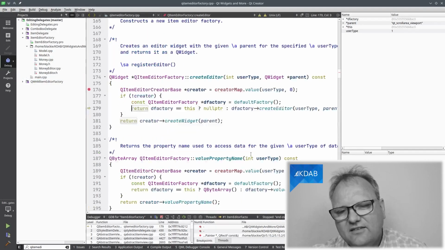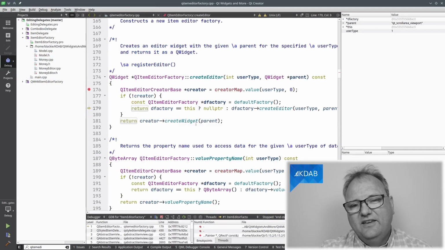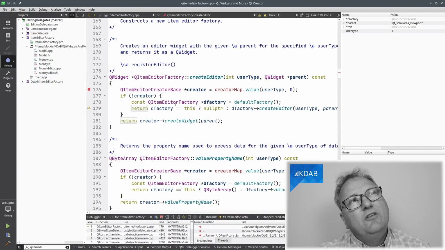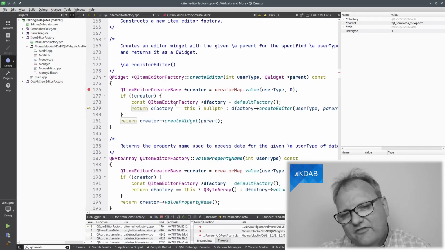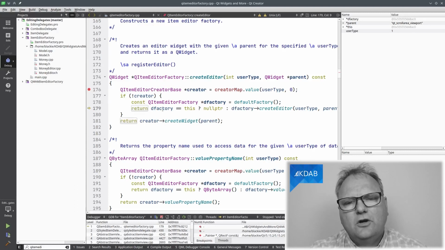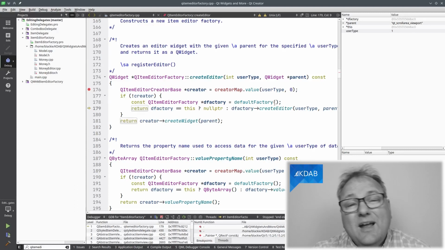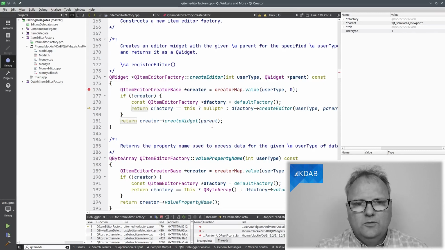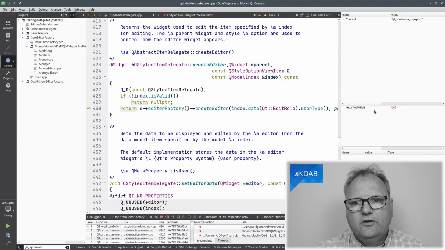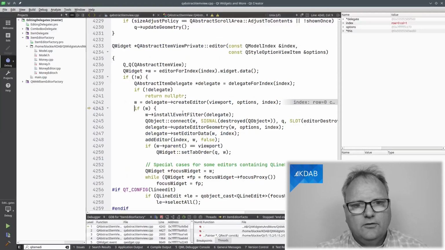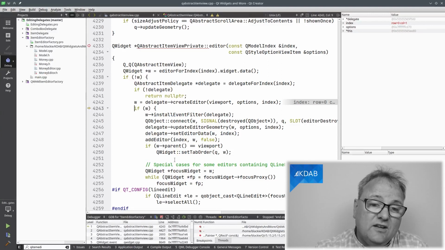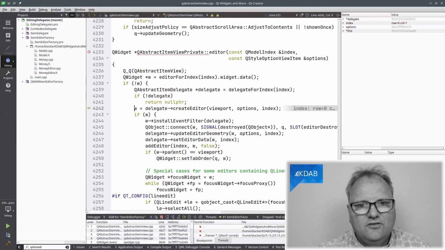So I think that somebody, when they implemented this, they thought, okay, if you have implemented a factory yourself, and you haven't registered the type there, then we'll just go to the default factory. But now I am the default factory. So game over, player one. What will be returned from this function? You can see if I return here, return value 0. And if I have return value 0, then no widget, then create no editor.